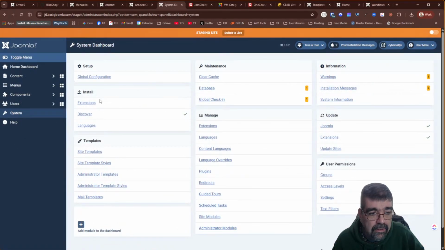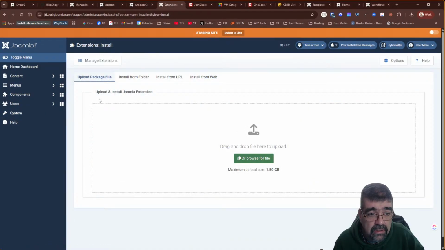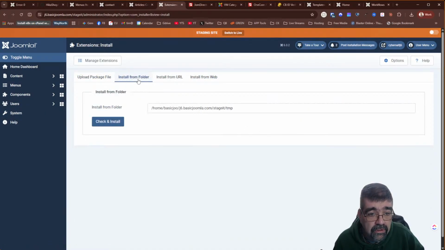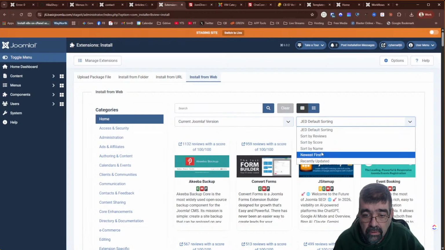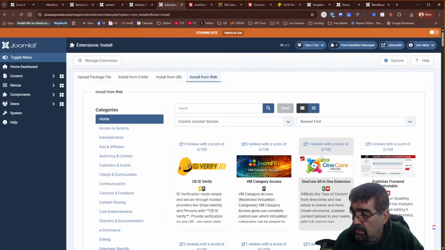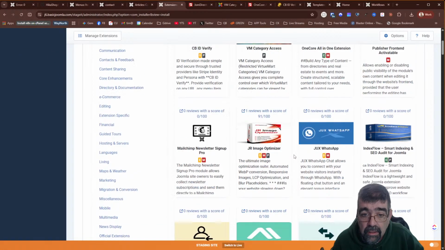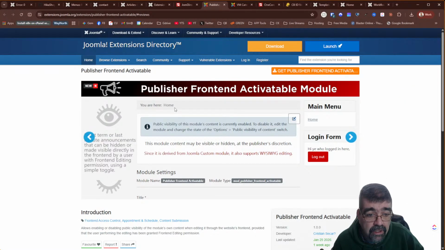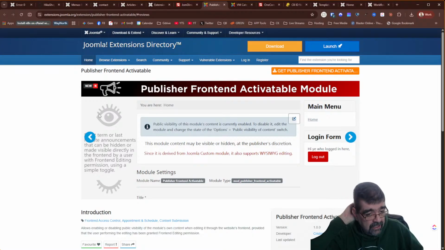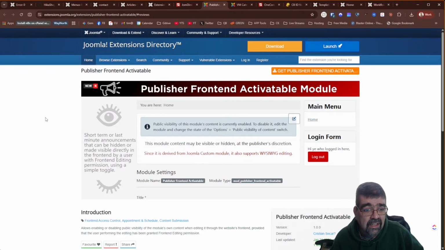All right. Manage extensions. Let's just see some others here. Install extensions. Browse, install from web. One core publisher front end, activatable. I think maybe we saw this. Oh, yes. And we saw this last week. We looked at it last week. All right. Well,